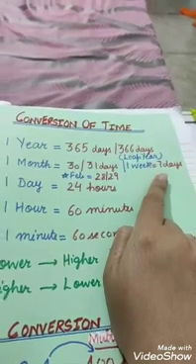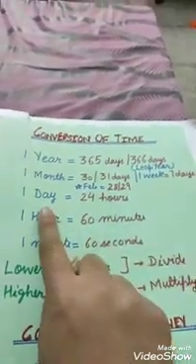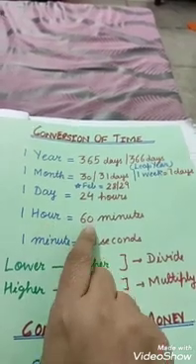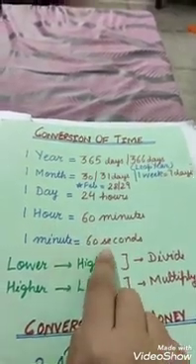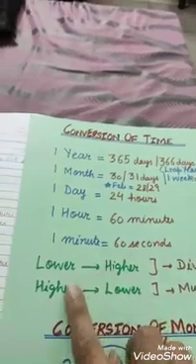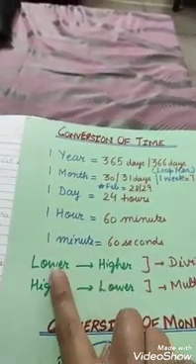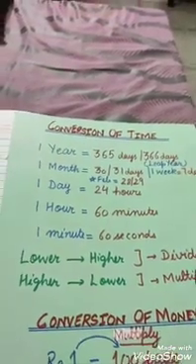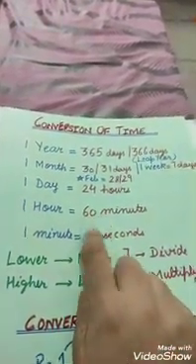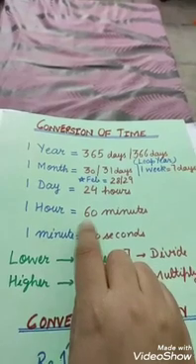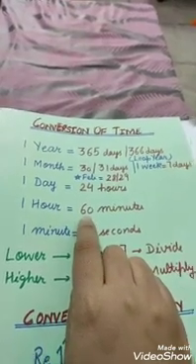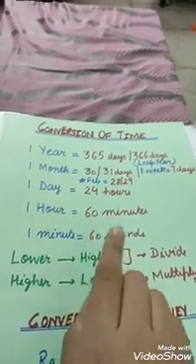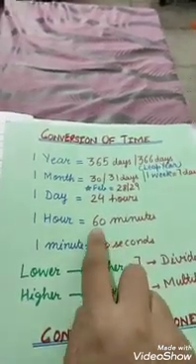1 week has 7 days. 1 day is equal to 24 hours. 1 hour is equal to 60 minutes and 1 minute is equal to 60 seconds. Now the conversion rule is the same. If you want to convert lower to higher, means divide. For example, if you want to convert 5 minutes into hour, then you have to divide by the conversion factor, that is 60. But if you want to convert hour into minute, then you have to multiply by the given